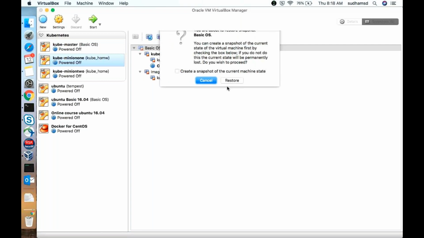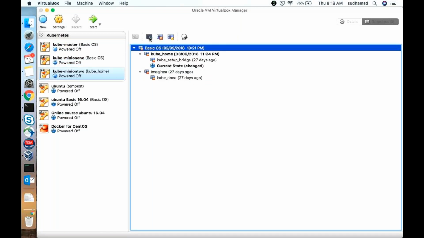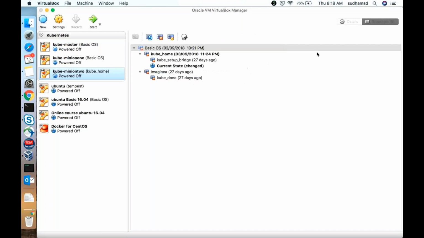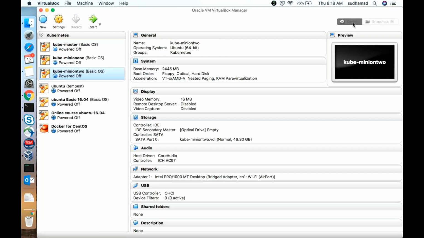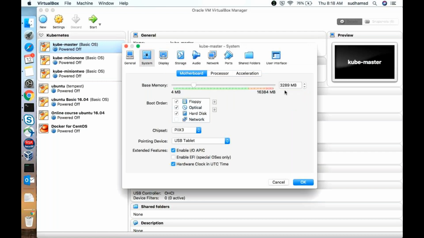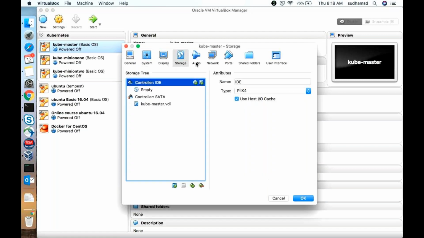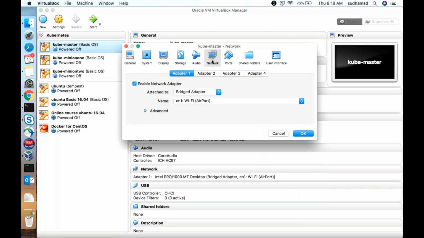So let's assume that I have installed Ubuntu 16.04 on all the machines, and the resources I have taken are RAM: 3 GB for the master and 2 GB for the minion nodes. For storage, Ubuntu is already installed on it, and the network is the bridge adapter which I am using.